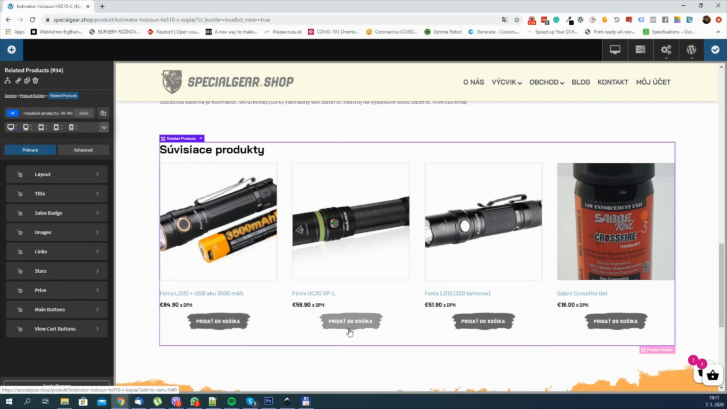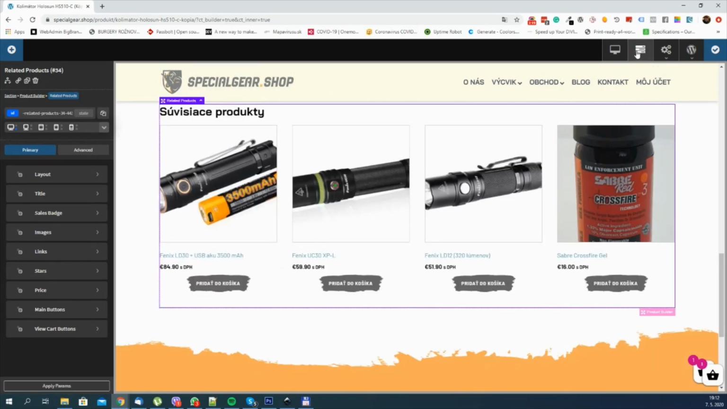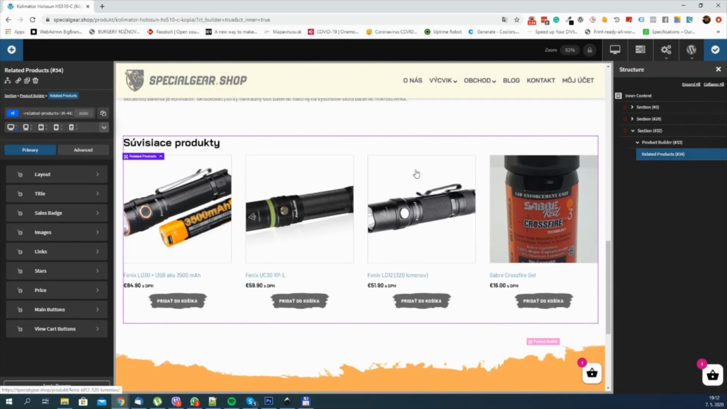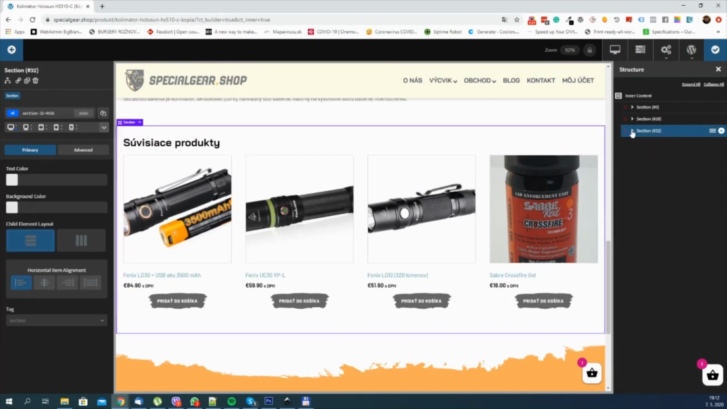So maybe the better version would be to have a default button which would always take you to the product detail page to avoid confusion. So this is essentially why I'm doing this. And another thing is that I want to make a slider out of this section, but that's a story for another tutorial. So we're gonna open up our structure panel here,